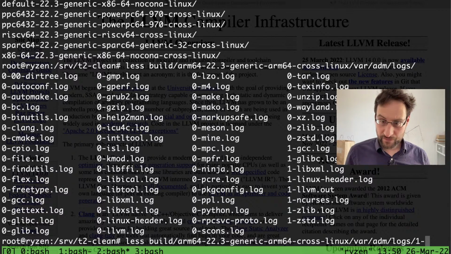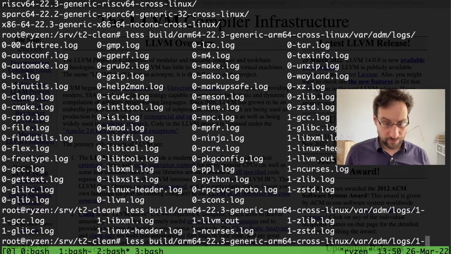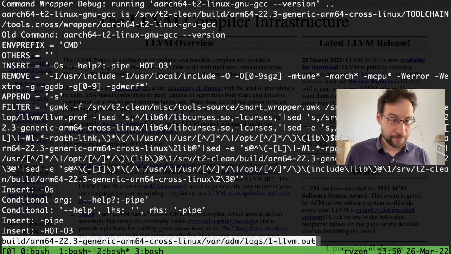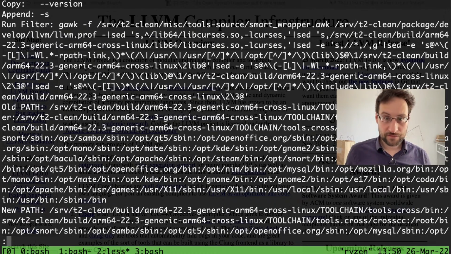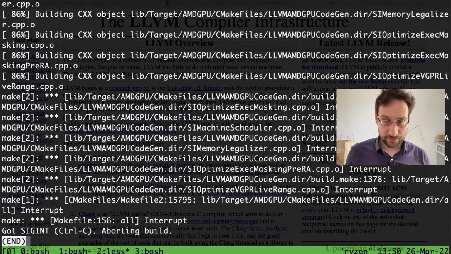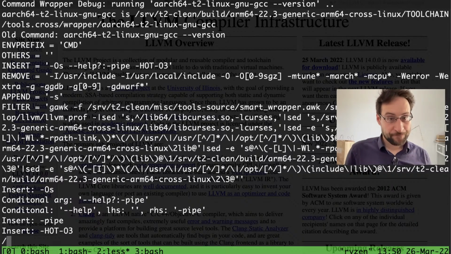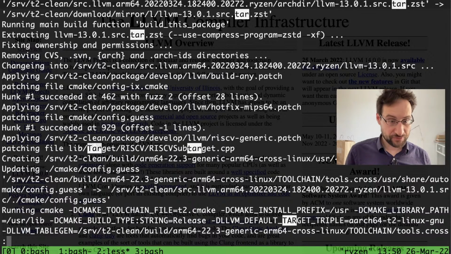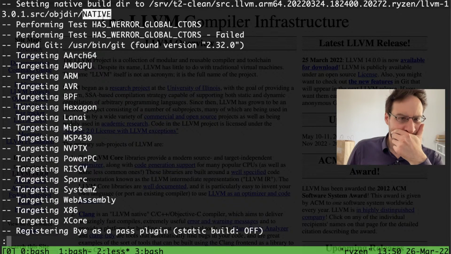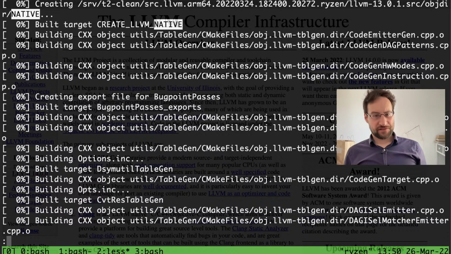Okay, this is not, oh no, it is in LLVM out. Let's LLVM. Which version was that? Did we already build quite some? We control-C though. Okay, this is 13 native. Actually, that is interesting. You know what? That is crazy. It looks like it previously did build this native thing. So that is a little bit unexpected.